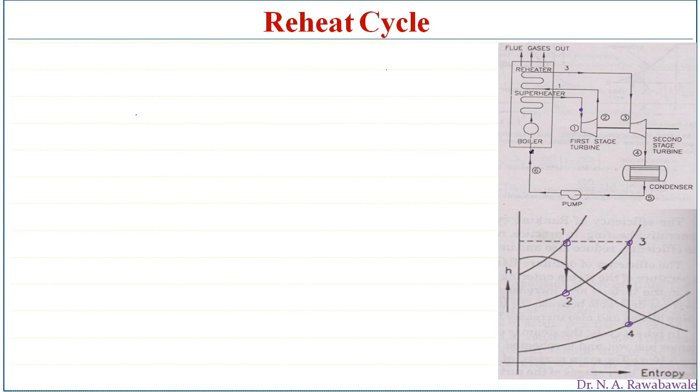At point 6 the condition of this working substance is water. So the enthalpy of water is given by HF6 at point 6. HF6 is the enthalpy of water entering the boiler, whereas H1 is the enthalpy of the superheated steam coming out of this boiler. Then H2 is the enthalpy of wet steam, and H3 is the enthalpy of superheated steam. So here heat is added from point 6 to 1. So heat supplied we will find out.